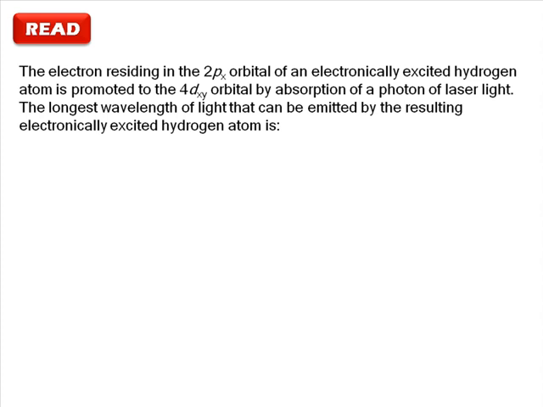Start by reading and summarizing the question. It essentially asks, what is the longest wavelength of light that can be emitted from an electron in the n=4 energy level of a hydrogen atom? Longest wavelength of light is the same as saying the radiation corresponding to the lowest energy transition, and the fact